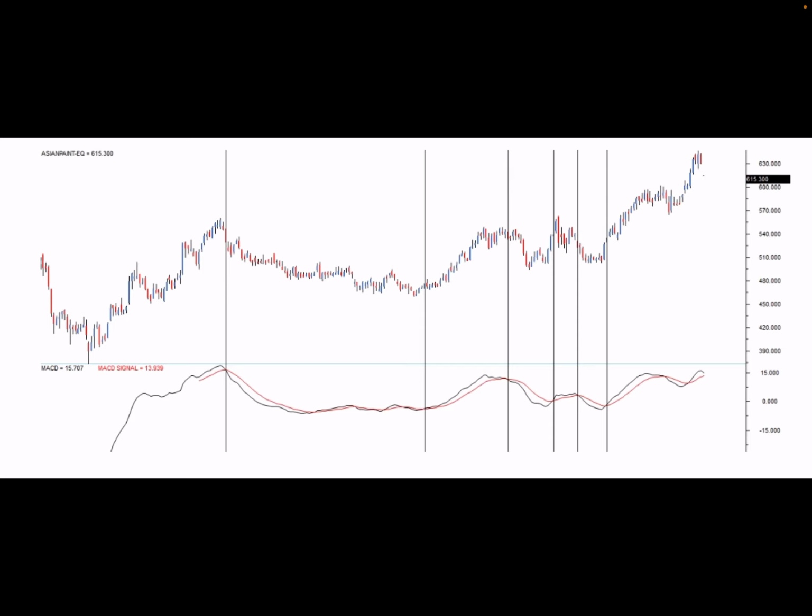The chart's vertical lines highlight the crossover points where a signal to buy or sell originates. For example, the first vertical line from the left points to a crossover where the MACD line lies below the signal line and suggests a short trade. The second vertical line from the left points to a crossover where the MACD line lies above the signal line, so one should look at buying opportunities, and so on and so forth.